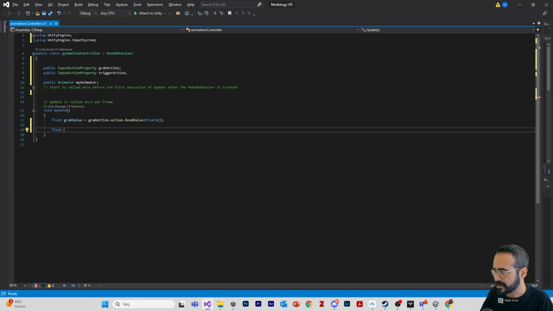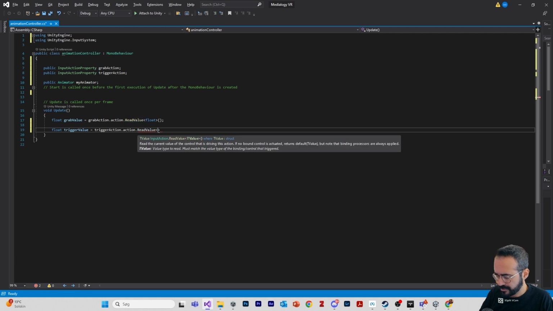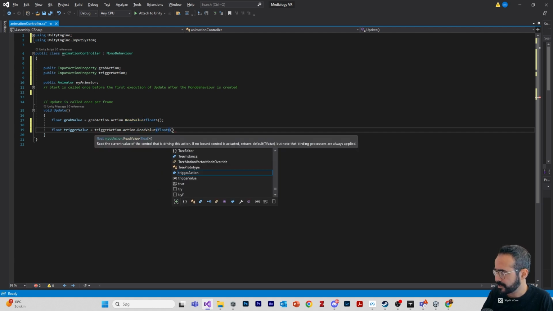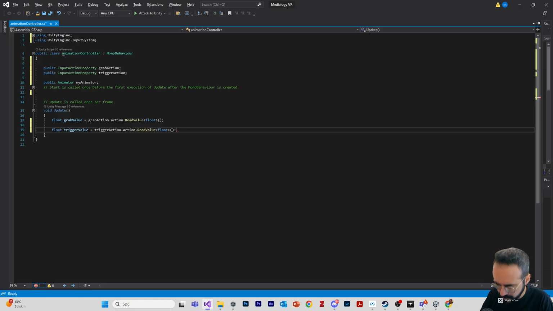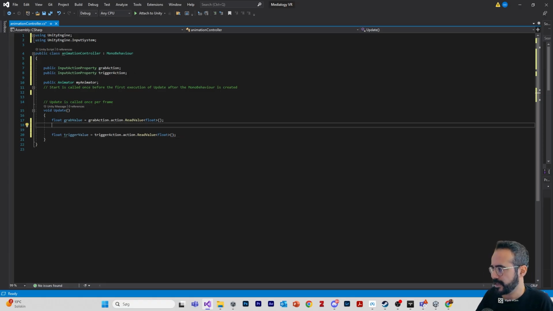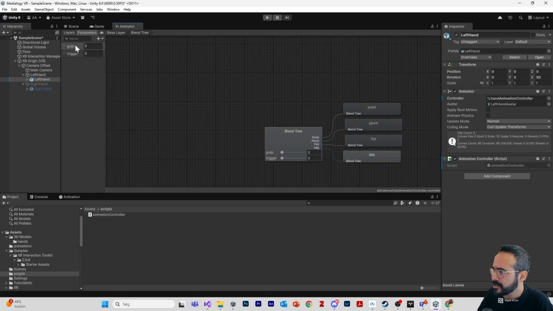Now we're gonna do the same for the trigger value. So we're gonna make it trigger value, and we're gonna make this so that the equal sign also doesn't need shift. Trigger action, read value. So we're gonna read the value from our trigger, and that's it. And now I wanted to send these variables, grab value and trigger value, to those 2 variables we have in our Unity here, grab and trigger